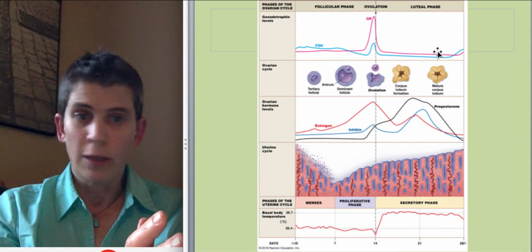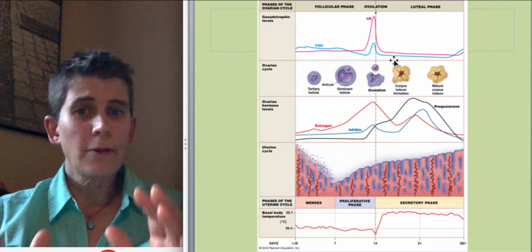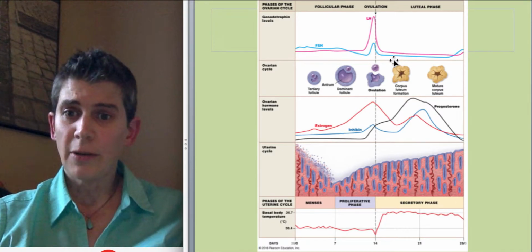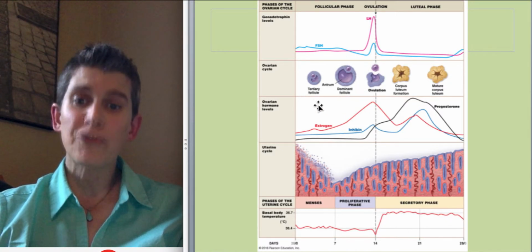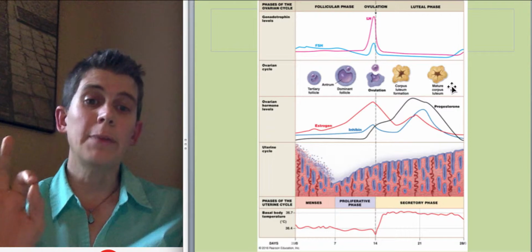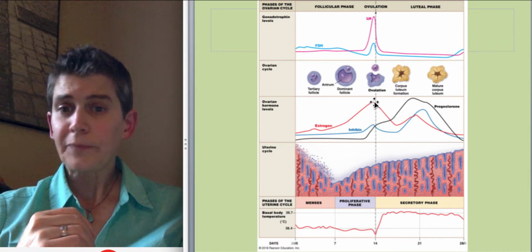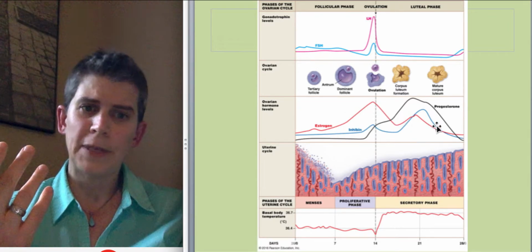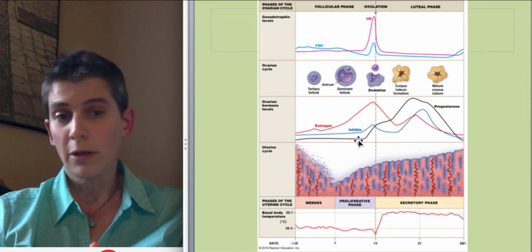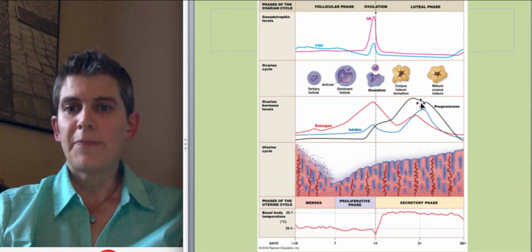You'll see that the LH level quickly drops back down to its normal level, and same with FSH. Now we have a different hormonal situation. So we know that LH can stimulate the production of sex steroid hormones, right? And it stimulates mainly estrogen production in the follicular phase. But in the luteal phase, it stimulates primarily progesterone production. So we can see here that estrogen was high during the follicular phase, but then it begins to drop down and stays at a somewhat lower range during the luteal phase. Whereas progesterone, which was hardly released at all during the follicular phase, now begins its huge release and its action,